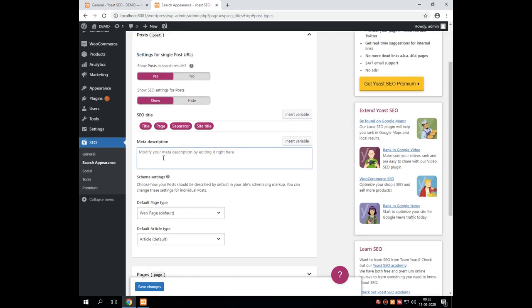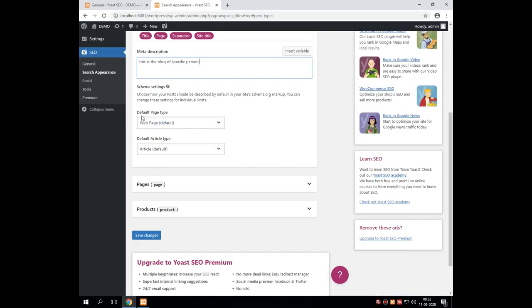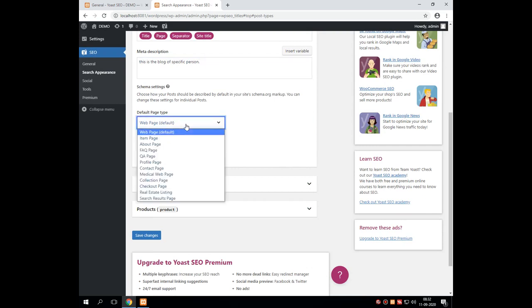Then over here we have to give the meta description tag. This is the blog of a specific person. Then default page type, that is web page, or default article type, that is article. In this no need to change, but we have to see the several options of the same.